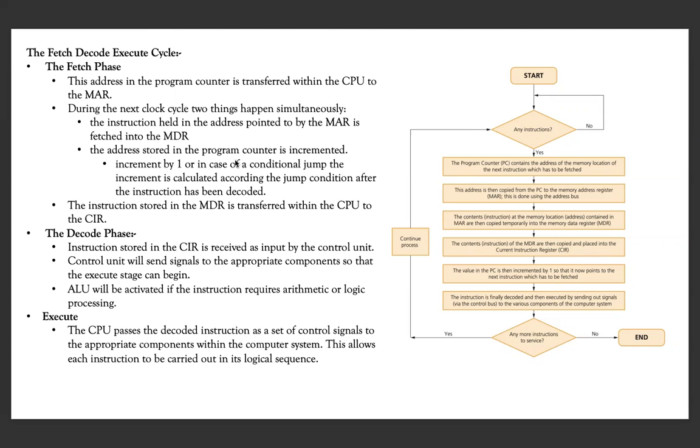And the second task that can happen in this next clock cycle is that my PC can be incremented so that it's pointing towards my next instruction before my next instruction even begins. So my PC is already ready for the next instruction. The current instruction that you're working on right now is history for my PC. My PC has incremented by 1 and it has moved on to the next instruction.